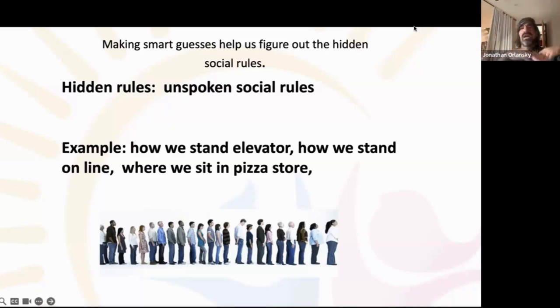Where you sit in a pizza store. Again, all of these are sort of like a lot of personal space standards, but that's important. Knowing how close to be, because it's not just I need to give a certain person a certain amount of space. Look at this line. If this person decided that they wanted to stand back here, the line ceases to function. You actually need to be fairly close to someone in that context, as opposed to an elevator, as opposed to a pizza store. So all of these things really have their own niche behavior.